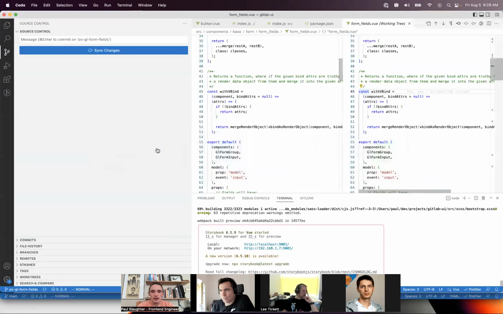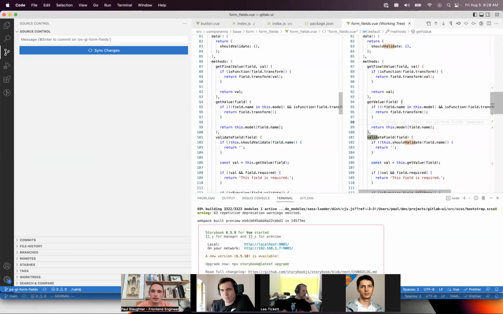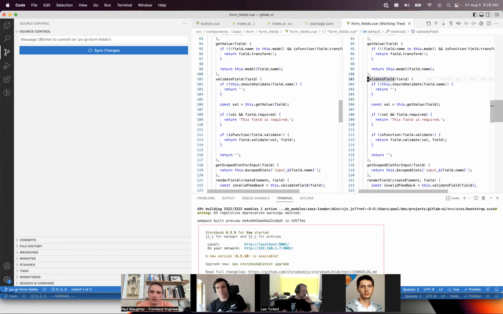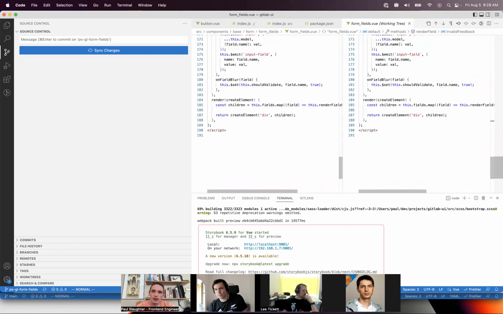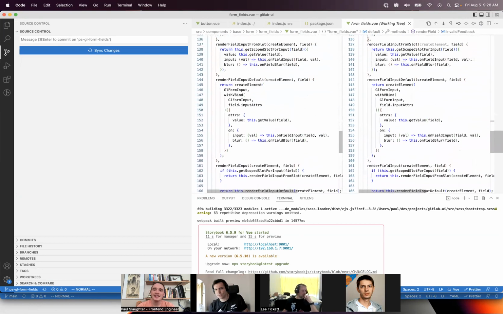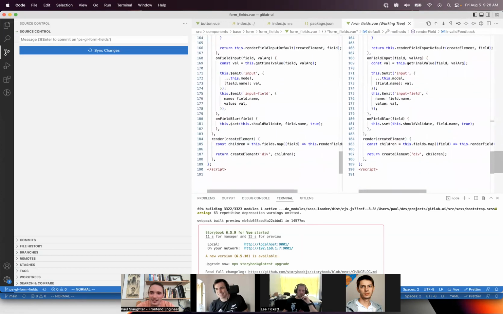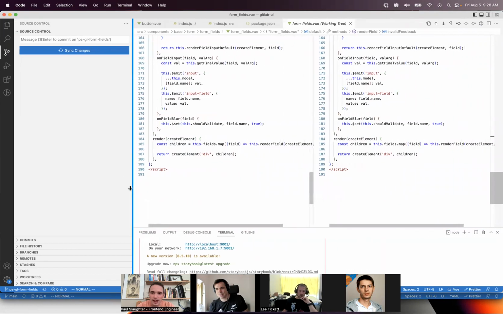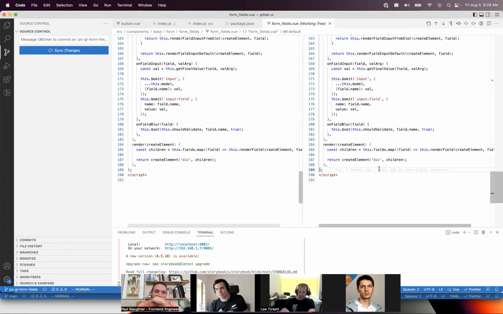So let's take a look at what is going on when we do this validation thing. So to validate the field, create element. Oh my gosh, is this a render function? Oh, it is. Yes. Oh man, that's probably not a good idea. Why did I decide to do that? Power, I think. I don't know if that's the right term, but